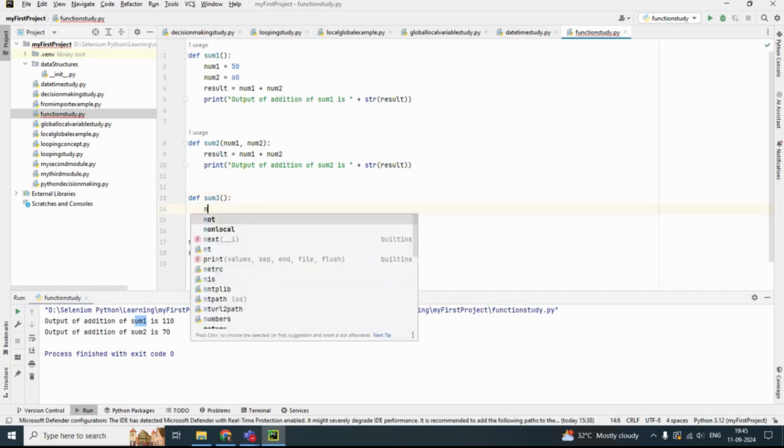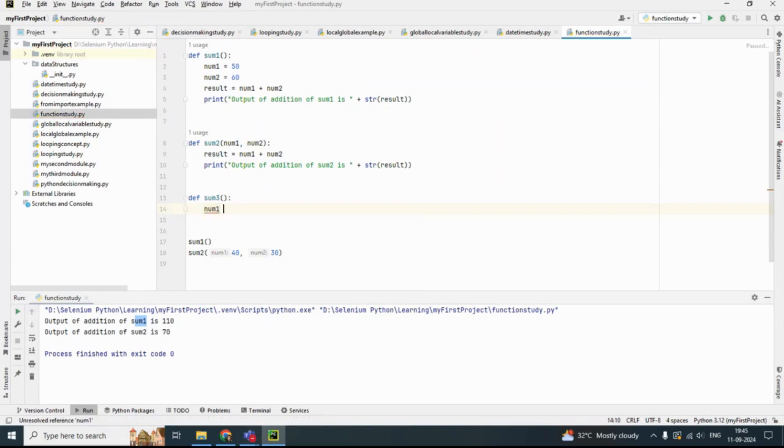Now num1 equal to, now you know how to take user input by the input function. Yeah, input, and I will say "enter num1", and for num2 I will again say "enter num2"